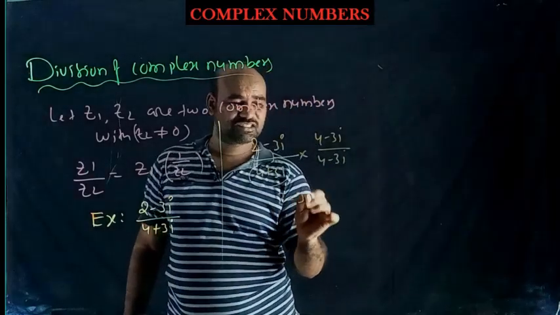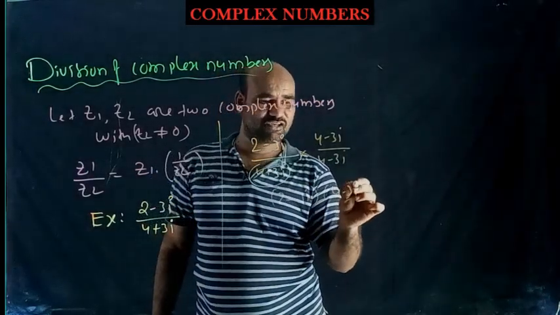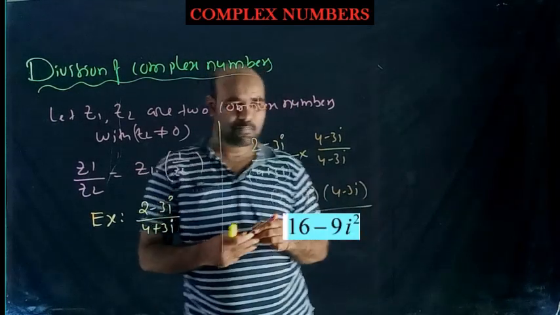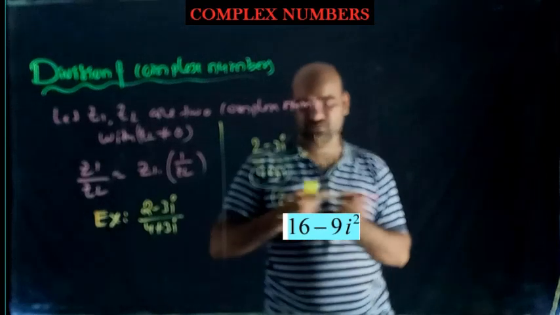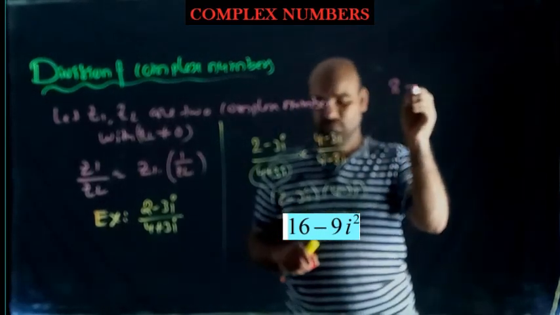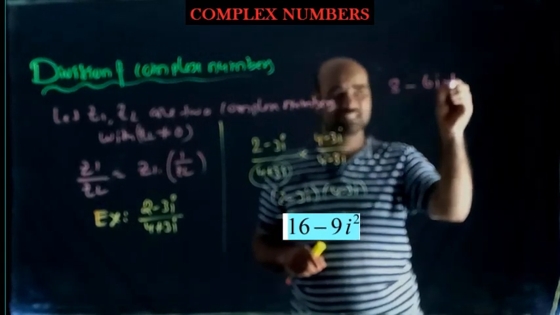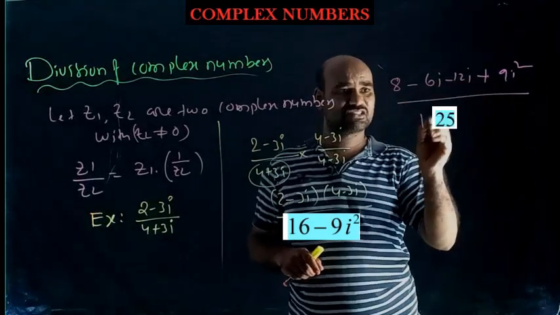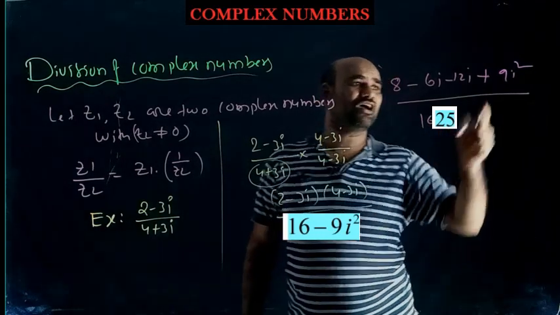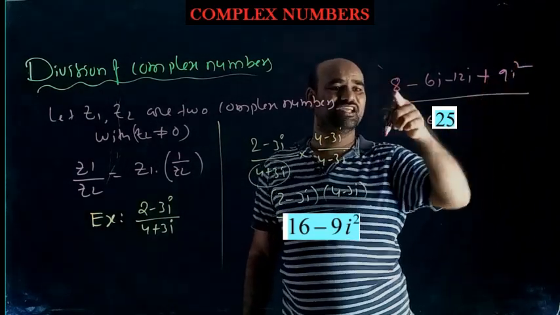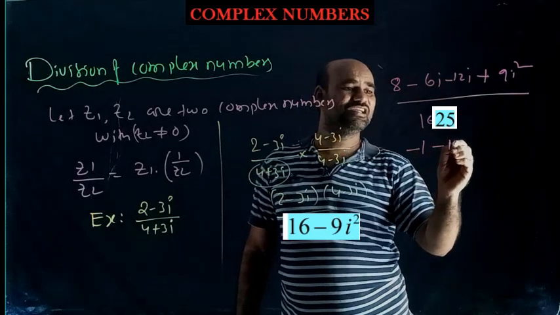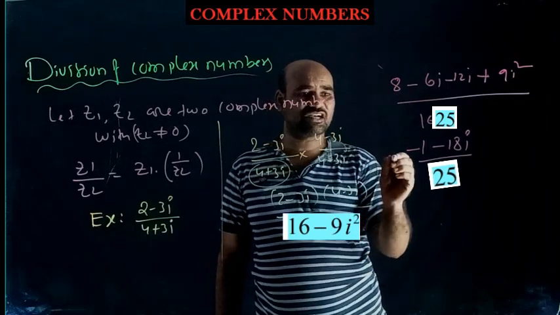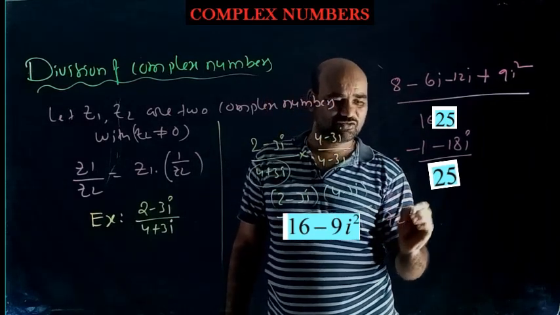So 2 minus 3 iota into 4 minus 3 iota by 16 minus iota square. Okay, now just multiplication. 2 4s are 8 minus 6 iota minus 12 iota plus 9 iota square by 25. So iota square is minus 1, so 8 minus 9, that is minus 1 minus 18 iota by 25. Now we want to write in standard form. So Z1 by Z2 is nothing but minus